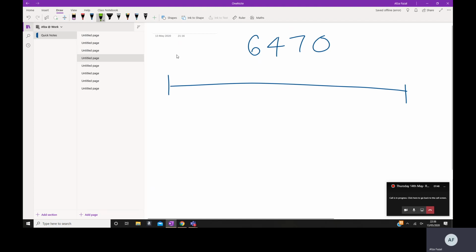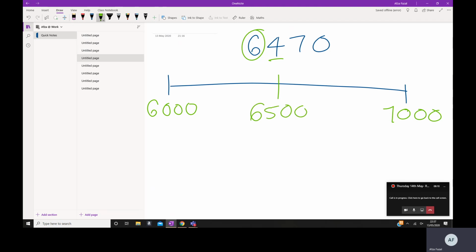Next one, 6,470. If I was to round it to the thousands, that's what I would circle. So round to the nearest 1,000, I've got the 6,000 here. And on the other side, I'd have 7,000 because those are the thousands it lies between. In the middle,